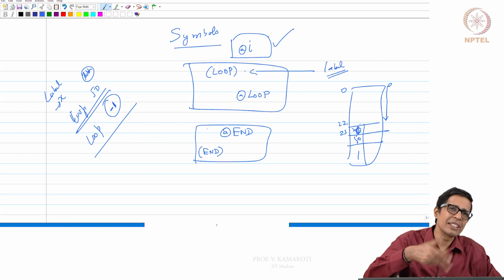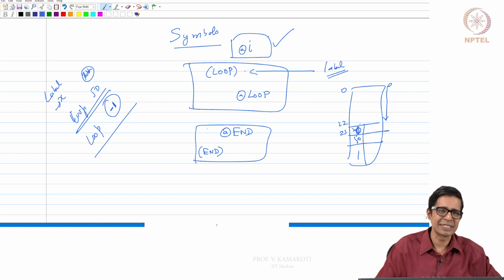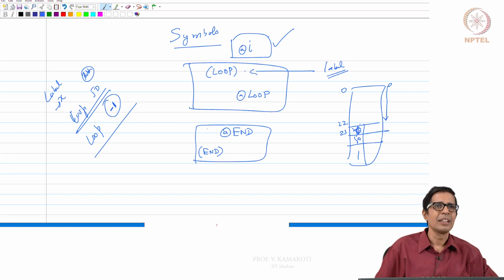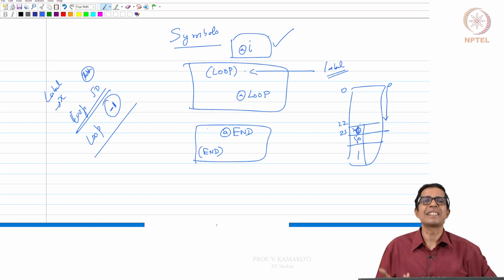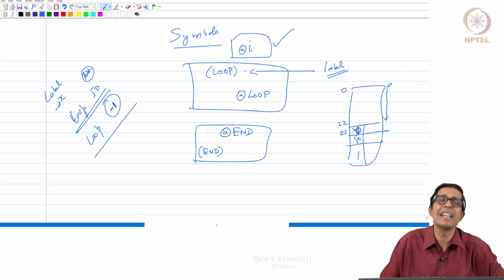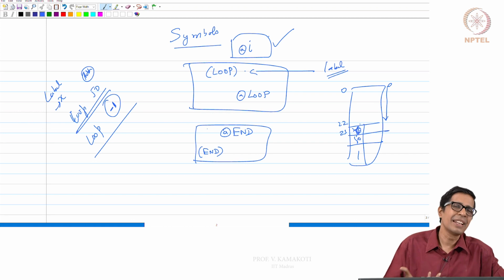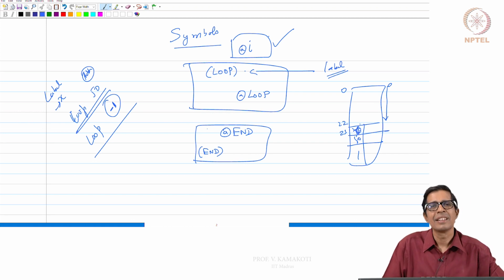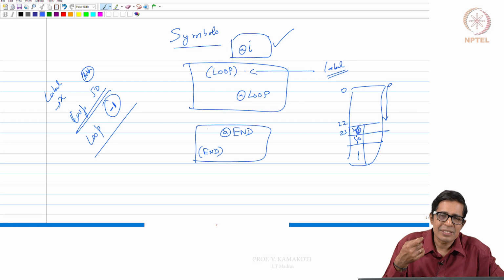I am filling the table in increasing order, right? And if till I see that null symbol I don't find this symbol stored anywhere, then I say the symbol is not there, and so we go and store this symbol.